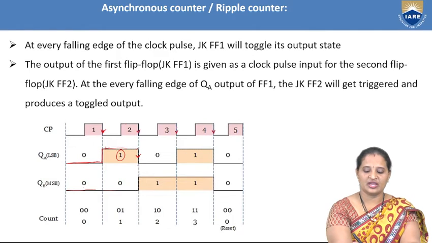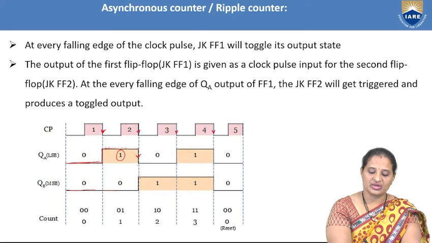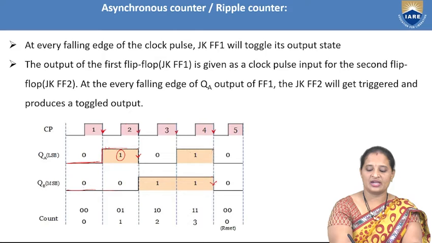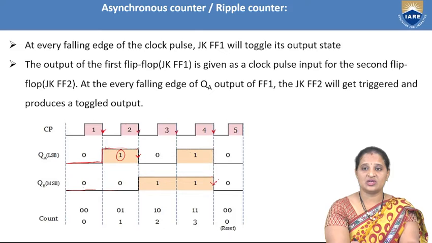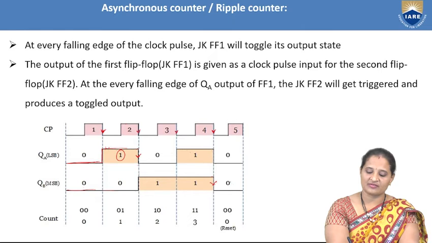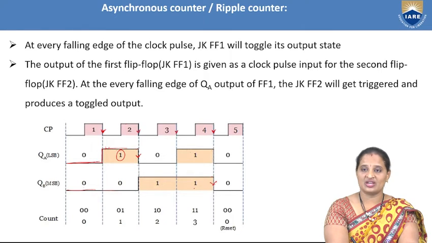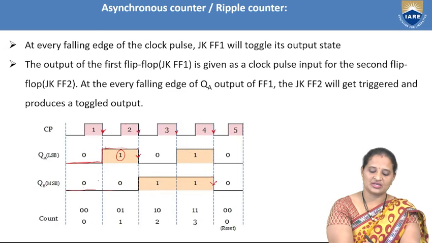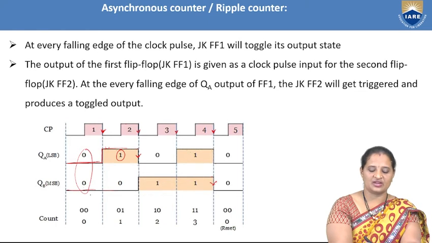Now again, during the negative edge, it will be toggled here from 0 to 1. As the transition is from 0 to 1, again it is a positive edge, so it remains in the present state itself. Now again we have a transition at the negative edge here, changing from 1 to 0. So now we can see a transition in the output of the first flip-flop, that is 1 to 0. Again we can observe a negative edge at the clock of the second flip-flop, and hence the second flip-flop can change its state to the complement of the present state. Now initially the present state was 0 0.